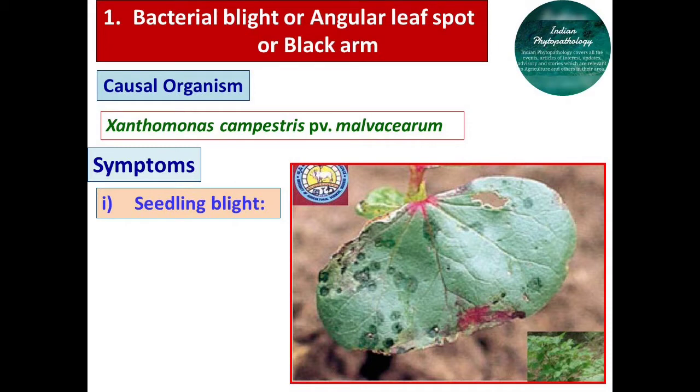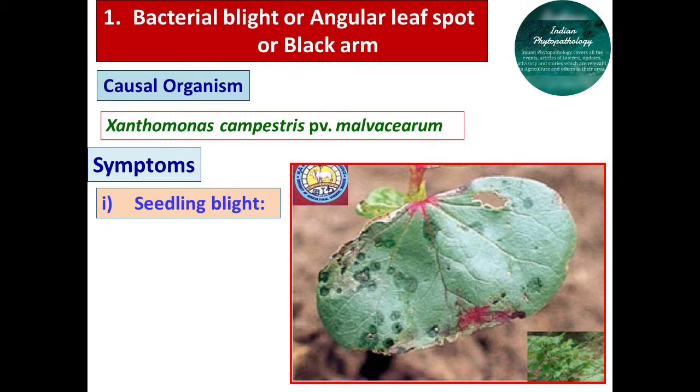This is a bacterial disease caused by Xanthomonas axonopodis pathovar malvacearum. This disease was first observed in Tamil Nadu in 1918. It is an important disease in Maharashtra, Karnataka, Andhra Pradesh, Tamil Nadu and Madhya Pradesh. That means all major cotton growing regions of India were severely infected due to the attack of this bacterial disease,